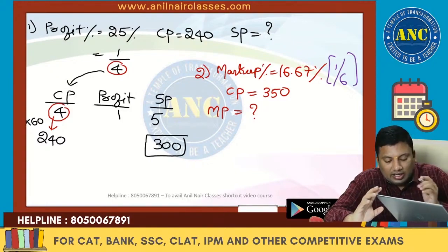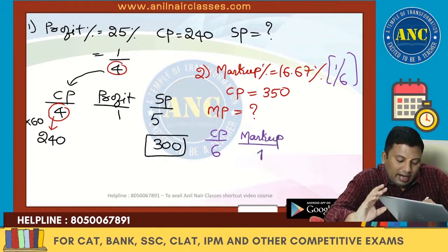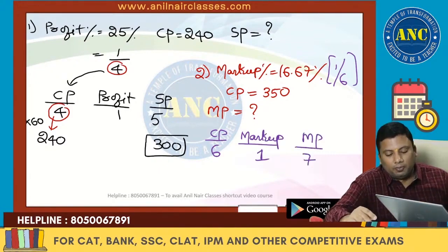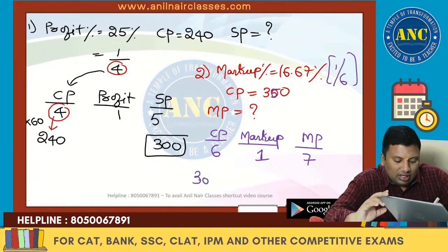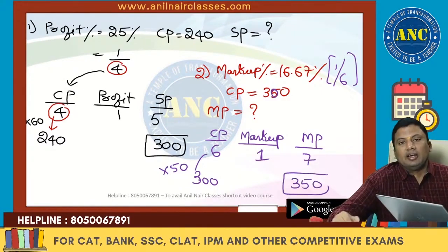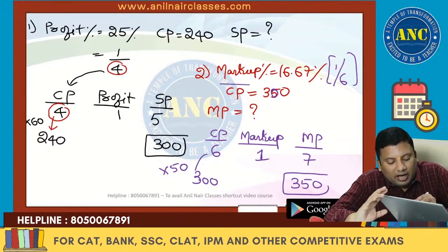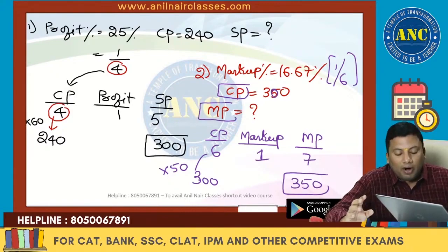Now see here. Listen carefully. I went to a shop and purchased a product at 6 rupees. There is no label on the product. I added 1 rupee extra to 6 rupees. Market price is nothing but 7 rupees. But according to the question, 6 is given as 300, so 6 is 300 and 7 is 350. I hope the idea is clear. Right? So cost price is the price at which the product is purchased. Market price is the price at which the product is marked.